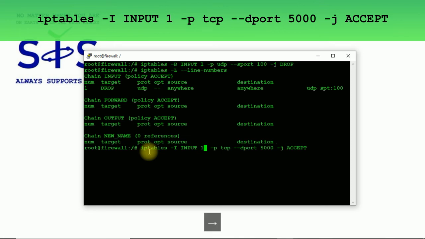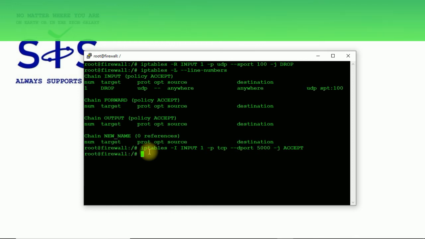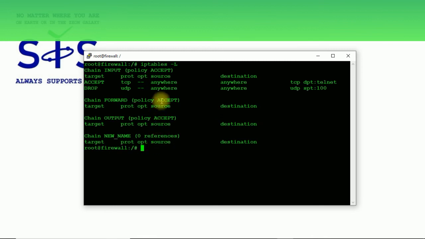So I'm going to type here the first place. After hitting enter, I clear our terminal, and like you see, we've got here on the first place the accept rule for our telnet connections.